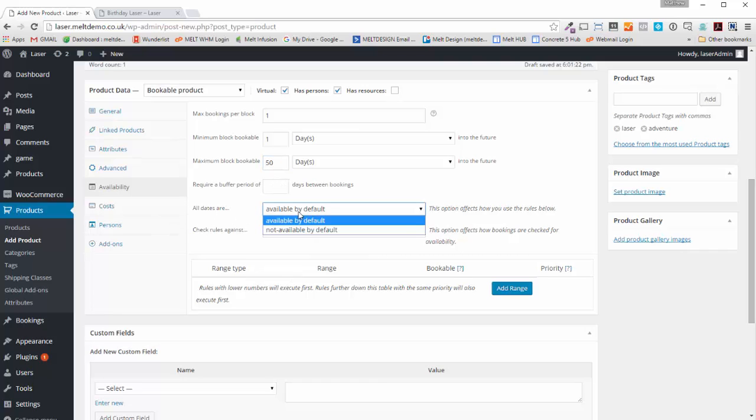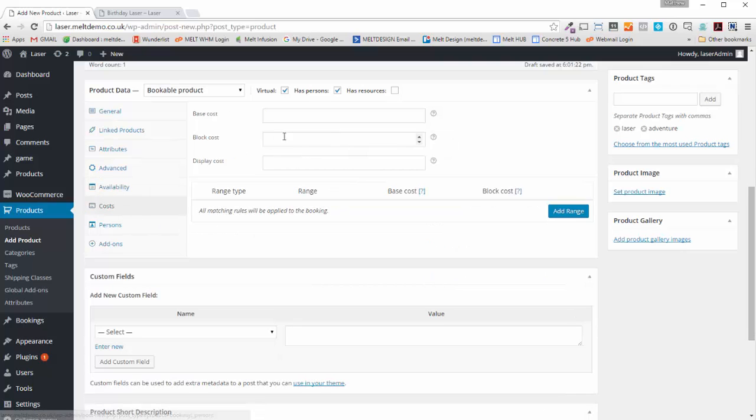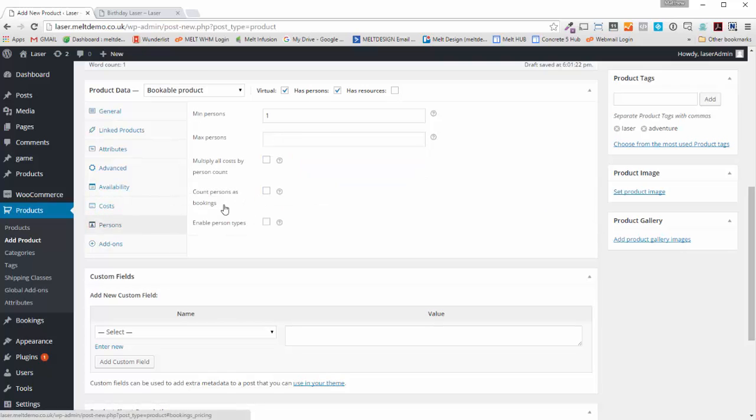All dates available by default. Check rules. We've got no rules, so don't worry about that. Costs, so block cost £10. Let's put £10 in the display one. And then we've got persons, and then